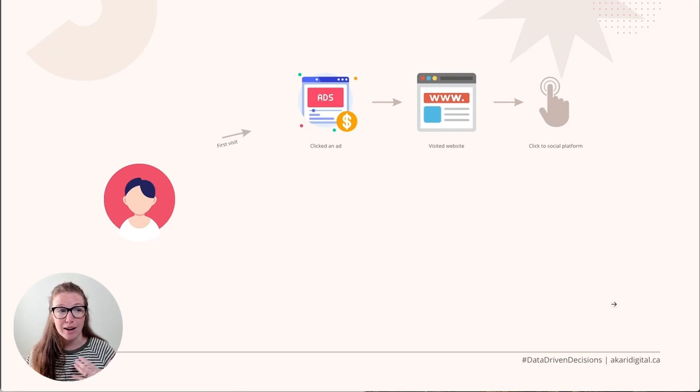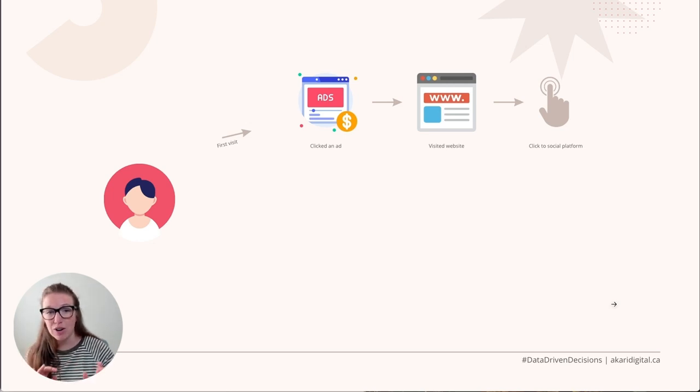Okay, so let's talk about where the gaps in your ad platform tracking really come from. So often we want to believe that consumer behavior is really simple, where they might see your ad, click on that ad, and then buy the thing. But in reality, it's a lot more nuanced and complicated than that. For example, maybe they see your ad in a Google search or as they were scrolling on Instagram, and then they click through and it takes them to your website.